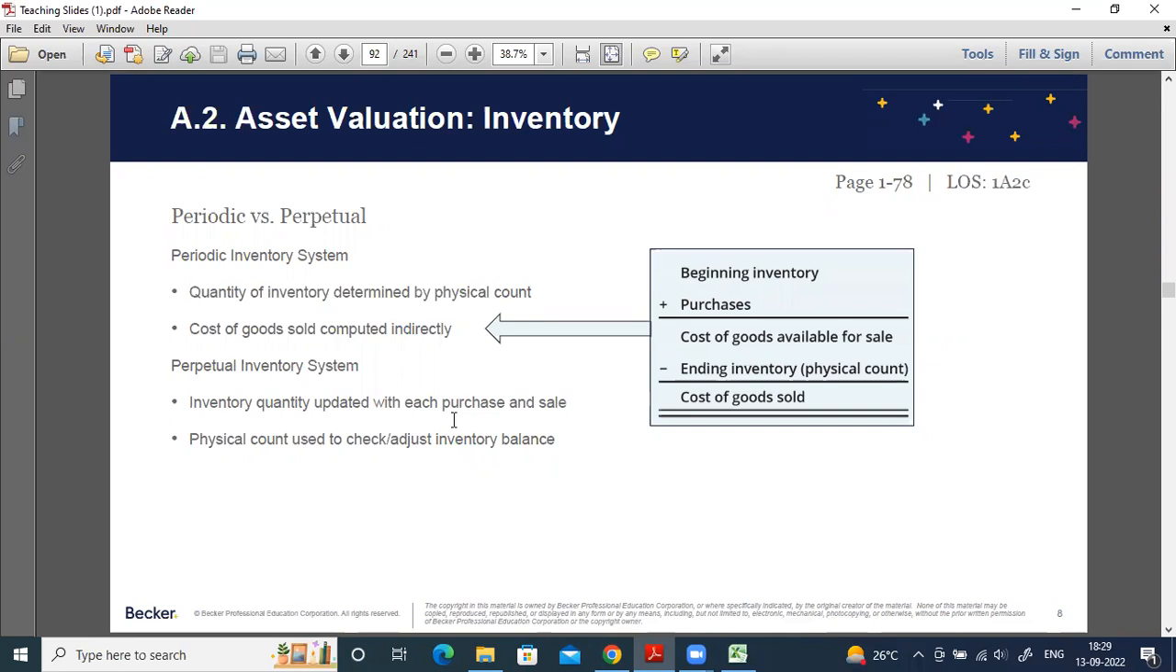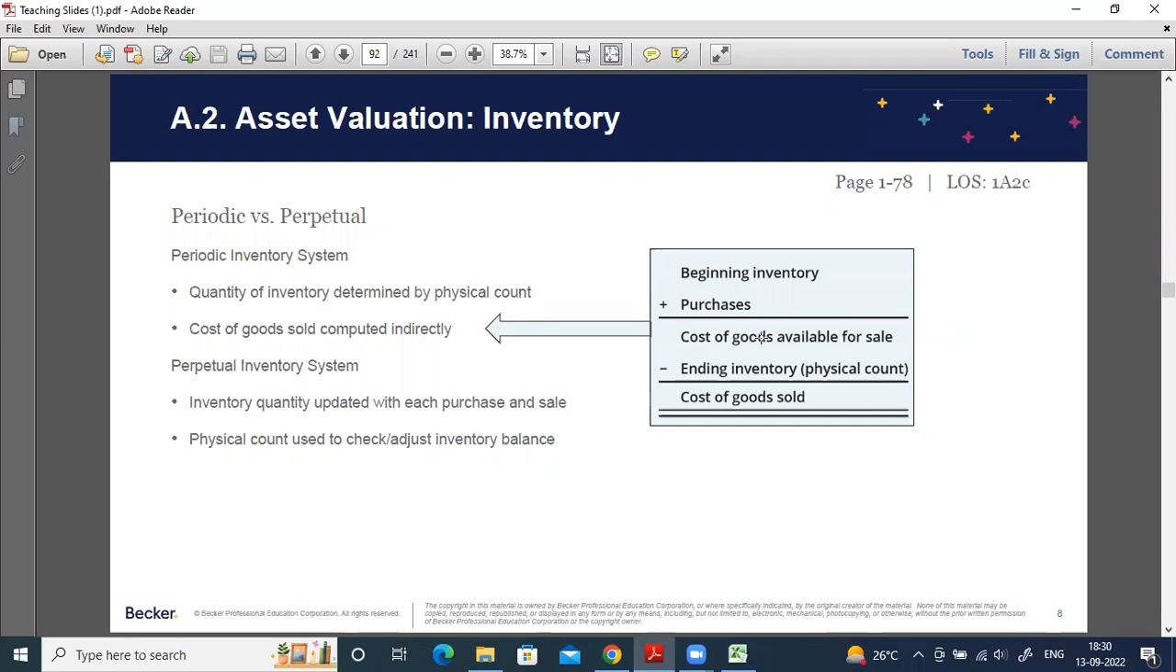So normally here you need to understand the cost of goods sold computed indirectly means how you will compute it. Opening inventory, and to this opening inventory the purchases of inventory during the year, then that is cost of goods available for sale. From that we'll be deducting the closing inventory. So then we'll get cost of goods sold. Very, very important. How the cost of goods sold will be computed? First opening inventory, then inventory purchased during the year, then that is considered as cost of goods available for sale. From that, if you deduct the closing inventory, that is physical count,